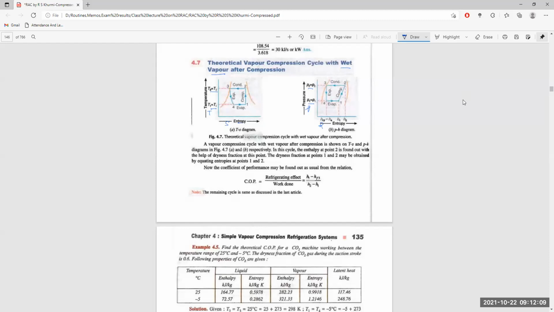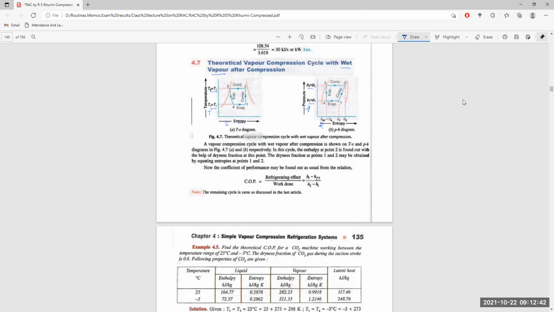Before the compression, the evaporator is supposed to convert it totally into saturated vapor at point 1, but it cannot do so. So a certain amount of vapor still remains inside. Maybe the amount is small, but liquid refrigerant remains inside the mixture of refrigerant, which is defined as the wet refrigerant at point 1.